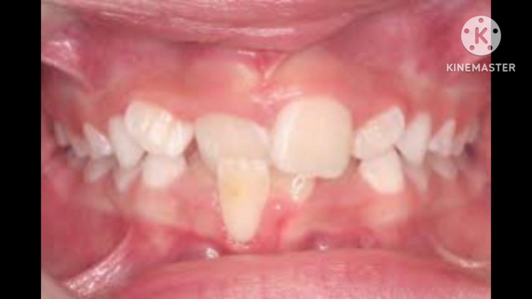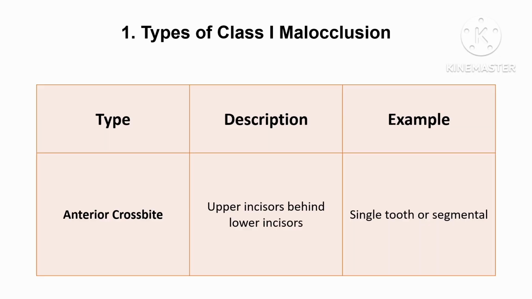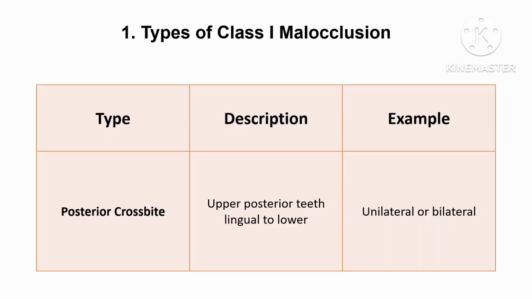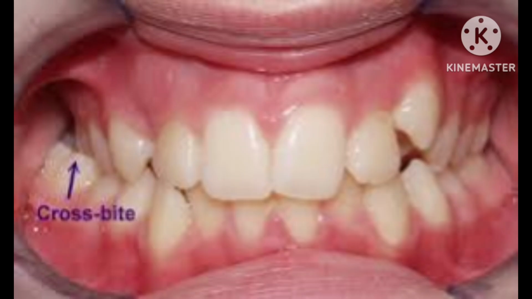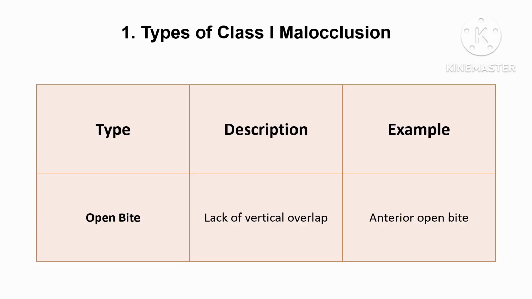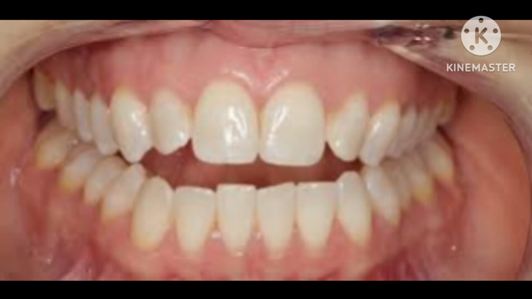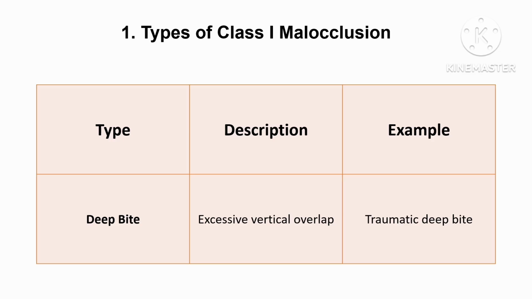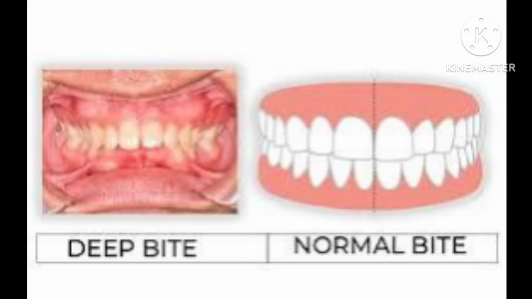Crossbite is when one or more teeth occlude abnormally in the buccolingual direction. It may be anterior crossbite or posterior crossbite. In case of open bite, anterior teeth fail to overlap vertically, leaving a gap when the posterior teeth are in contact. It may be due to thumb sucking, tongue thrusting, or skeletal vertical excess. Deep bite is due to excessive vertical overlap of incisors, exactly opposite to open bite, and often seen in short